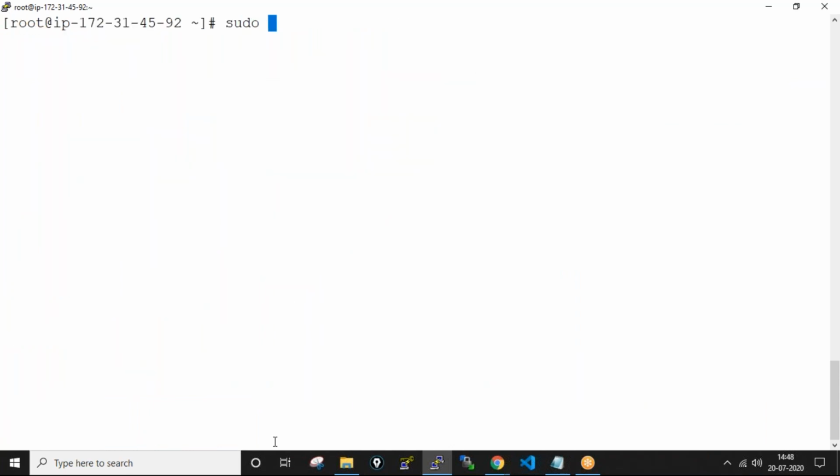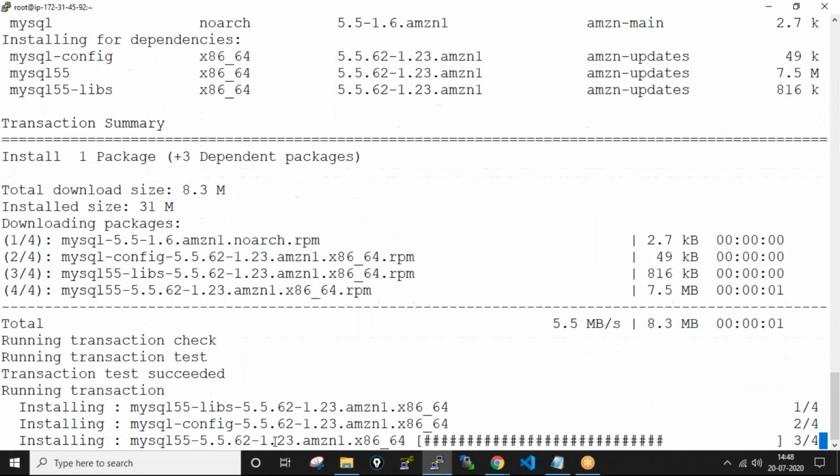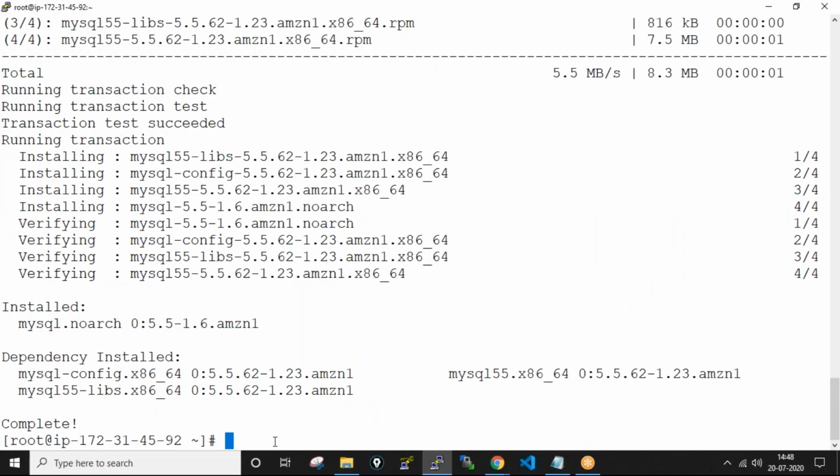So the next command is install MySQL. So it is installed. Check for the version: mysql --version.